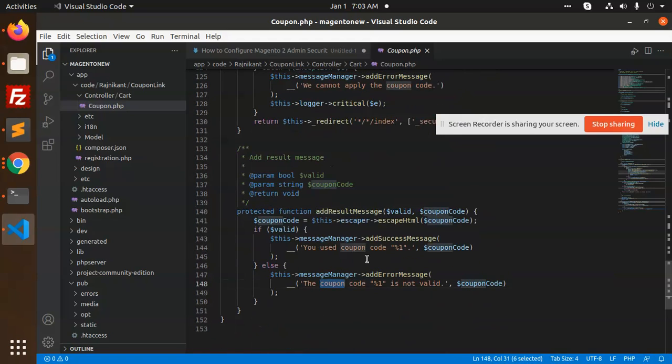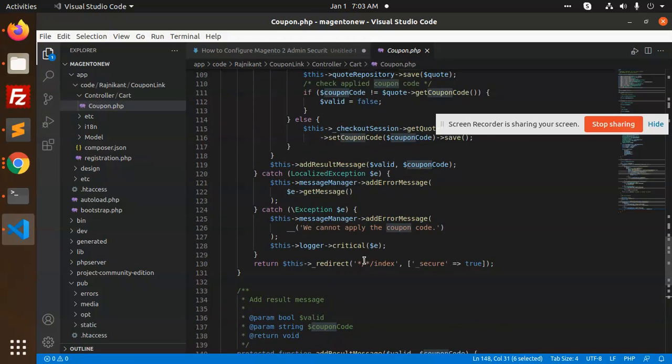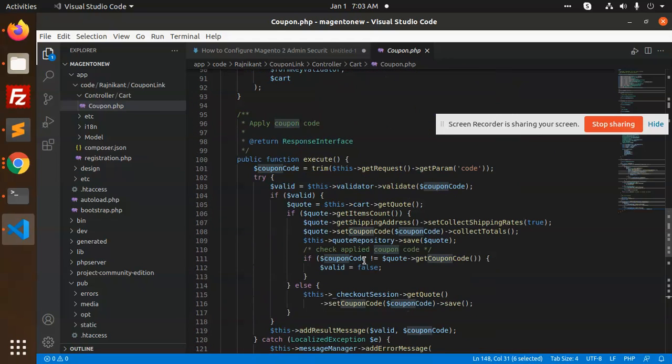Whether the coupon code is valid or not. You can create a route, add it to a controller, and that's it. This is the done part, right? After which I have done this, it is very simple. I have created a new route, and in the new route I have just passed the code and validated the coupon code, and if it is valid, then it is applied to your current cart. That's it. Okay, so this is how you can achieve that.